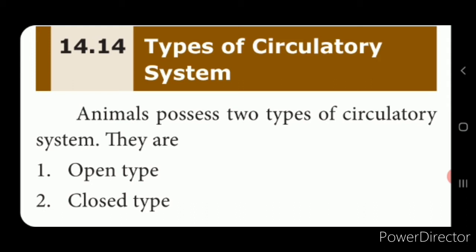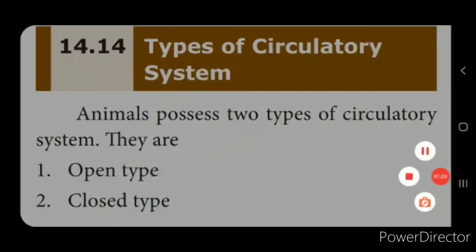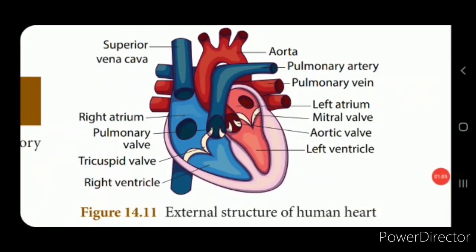Now let's go into the structure of heart. Now look into the screens, children. You can see the external structure of heart. Now heart is a pumping organ, isn't it? It pumps blood to every part of the body, and where it is situated? It is situated between the lungs in the thoracic cavity, right? The type of muscles that is present in the heart is the cardiac muscles.